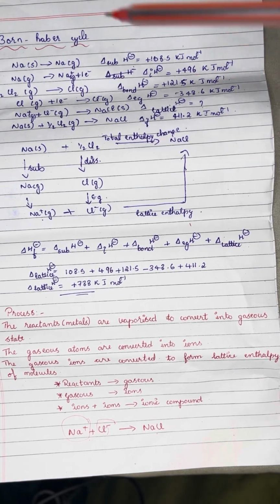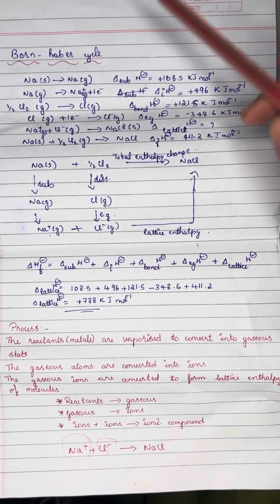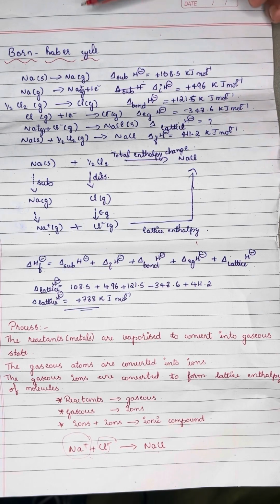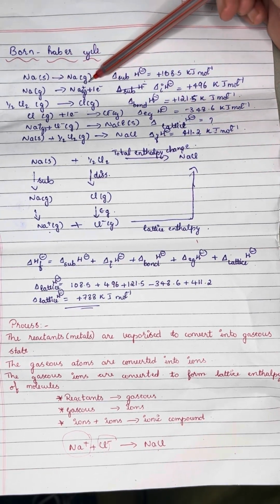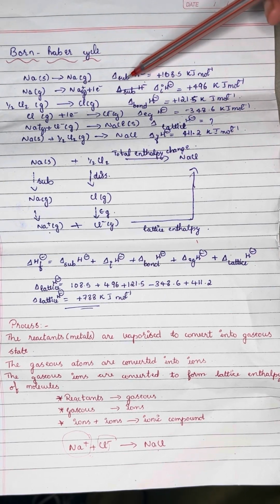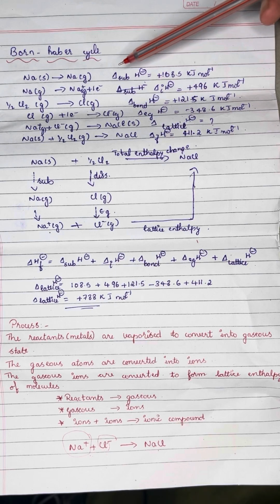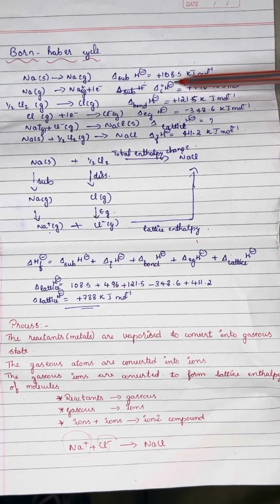So at first in this Born Haber cycle, the first step is Na which is present in the solid state getting converted to the Na gaseous state. Since it is getting converted from the solid state to the gaseous state, the process is known as sublimation. So the enthalpy of sublimation of this is found to be plus 108.5 kilojoule per mole,